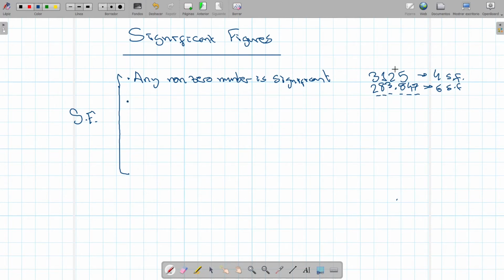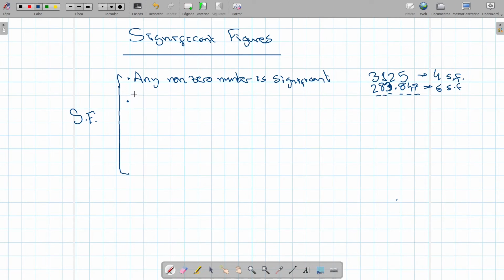This is if they give us this number, not if we calculate it. If we calculate it, we have to relate to the significant figures that we need to express it in, and it's normally the lowest of the significant figures that they have given us in the exercise. So if we have